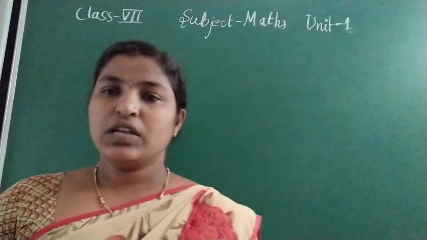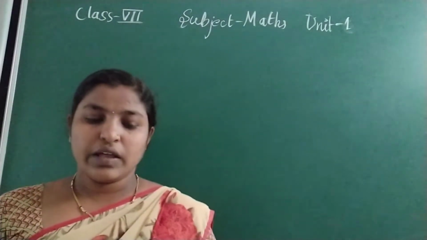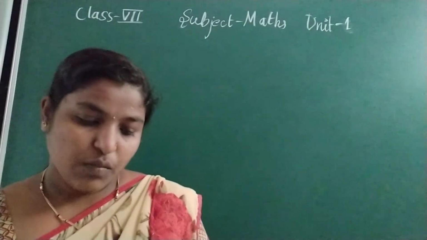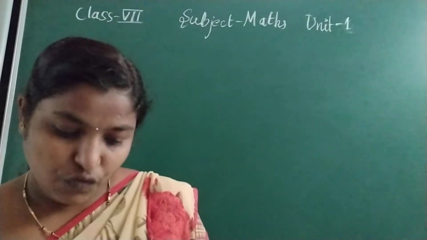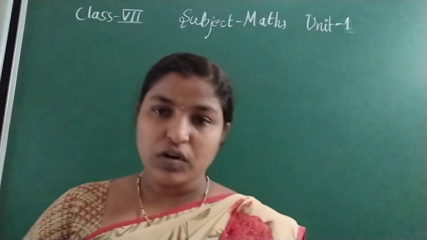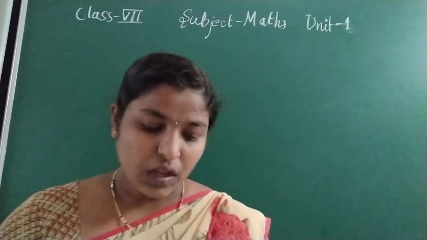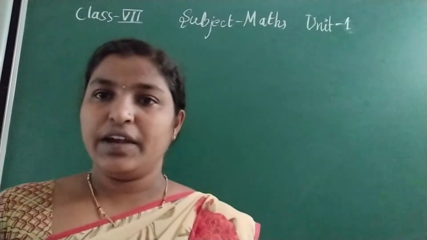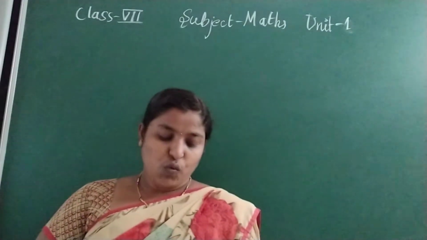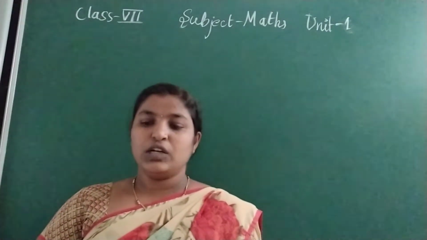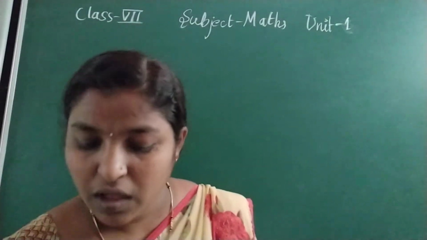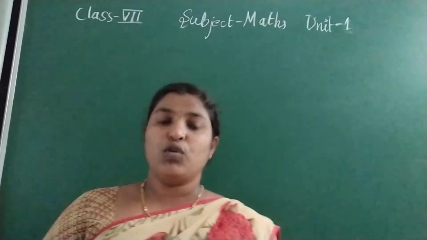In our previous class we were discussing exercise 1.4. We already solved questions 1, 2, 3, 4, and today we have to solve 5, 6, 7 word problems. The fifth question I will read out now. The temperature at 12 noon was 10 degrees Celsius. 12 noon means afternoon, Madhyana 12 o'clock.